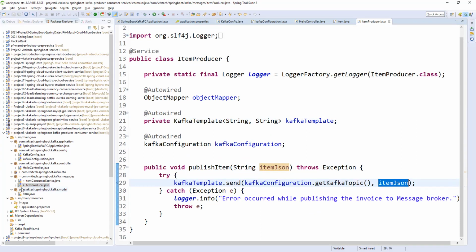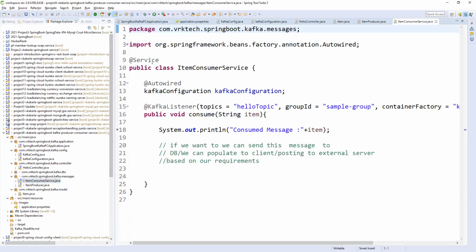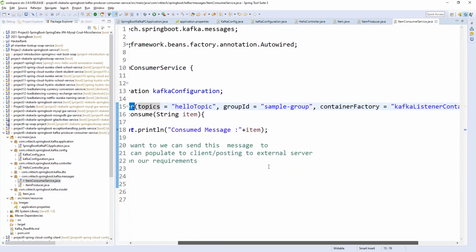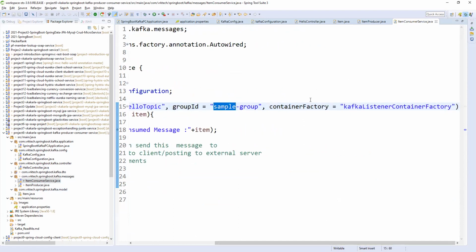After that, the item consumer. We are not calling this method anywhere. Here the topic name is hello. The Kafka listener will always listen. The group is sample group. And here is the container factory. Where did I copy this word from?